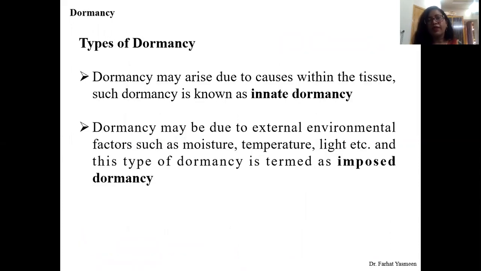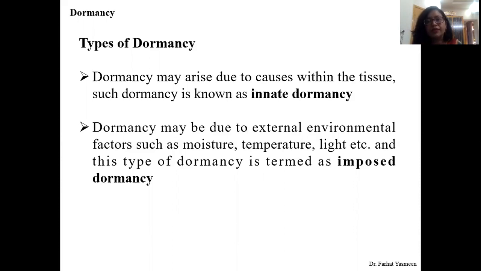There are two main types of dormancy. First is innate dormancy, and second is imposed, enforced, or induced dormancy. Innate dormancy is caused by the tissues within the seed or within the plant. It means innate dormancy is because of internal conditions, while imposed, induced, or enforced dormancy, as the word indicates,